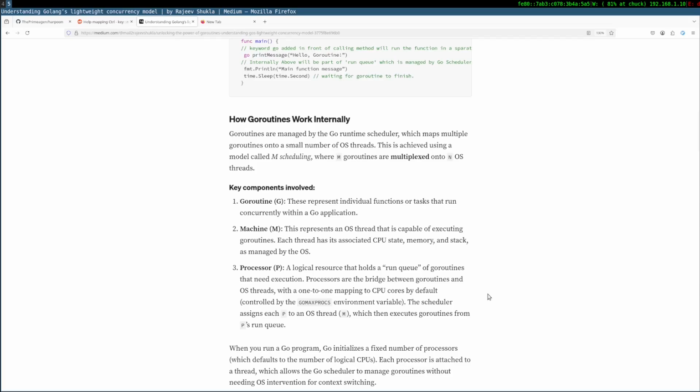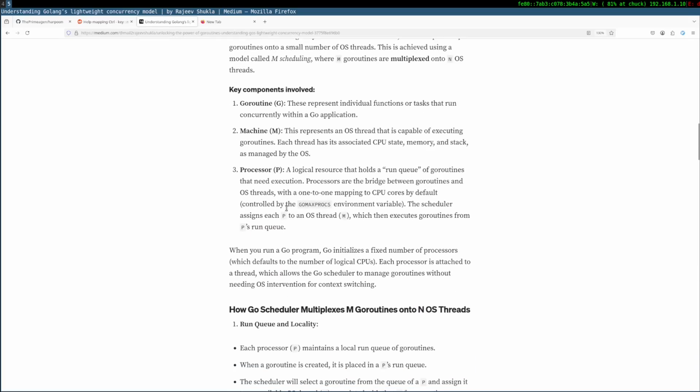The scheduler assigns each processor to an OS thread M, which then executes Go routines from P's run queue. Okay, that's a fun thing.